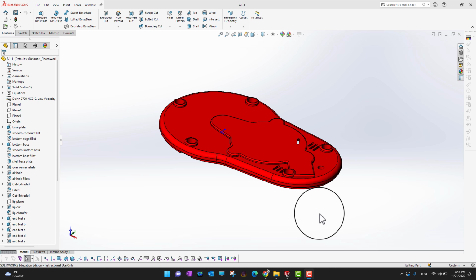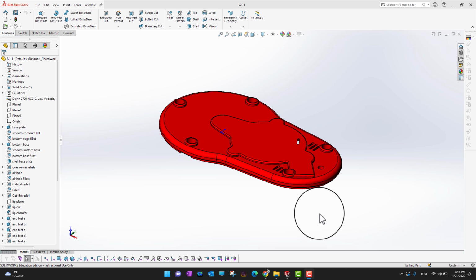Thank you for watching, and this is the 7th chapter of our course, which is called the modification of parts. We are gonna cover the fillet, the chamfer command, shell, and some linear and circular patterns, and some draft and mirror commands as well. So in this video we are gonna cover only fillet command, and let me show you